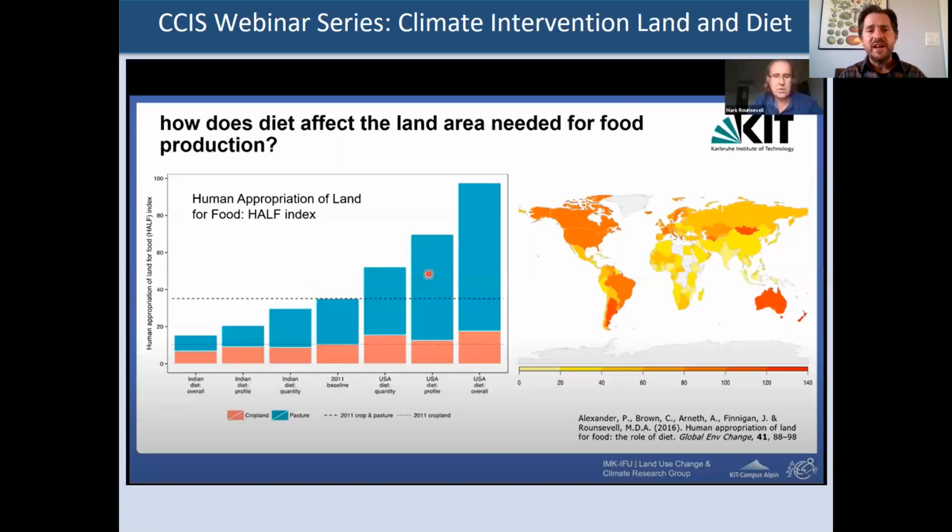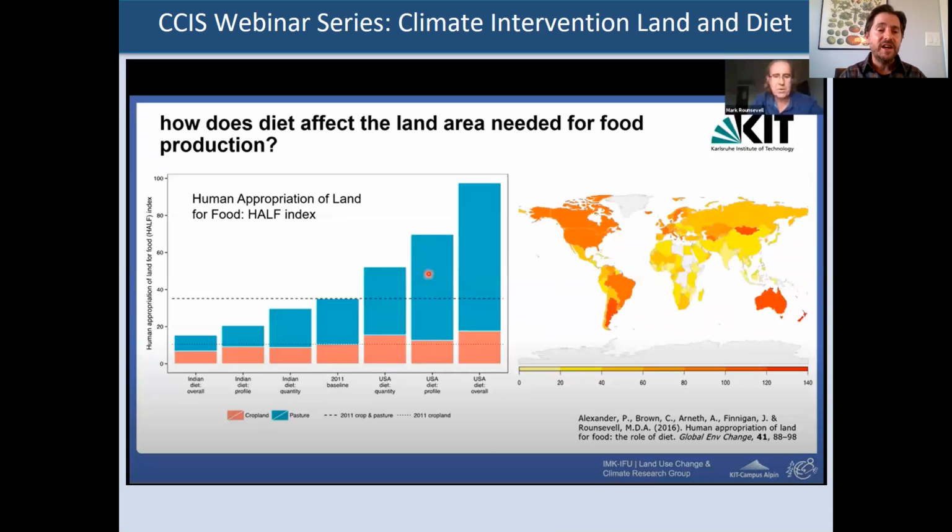Beyond that, we're looking at diet as well. So how does both the calorific or kilojoule intake consumed by the global population, and also the composition of meats and vegetables and cereals and grains, impact the total amount of area needed for growing food, and also what that means in terms of the carbon cycle.